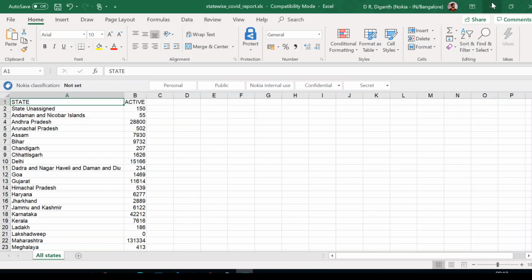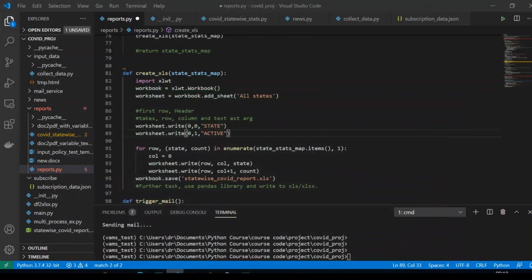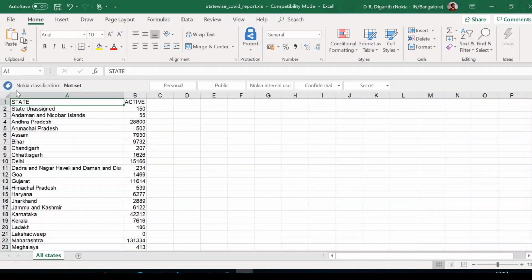So the write function takes row and column and the text. So 0th row, 0th column. Let us see what is that 0th row, 0th column. This is the 0th row and the 0th column. This is where it goes.